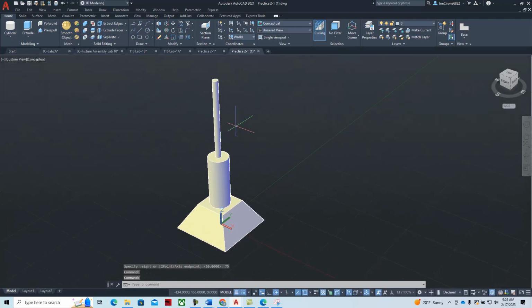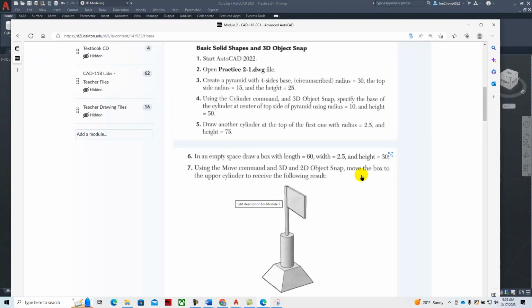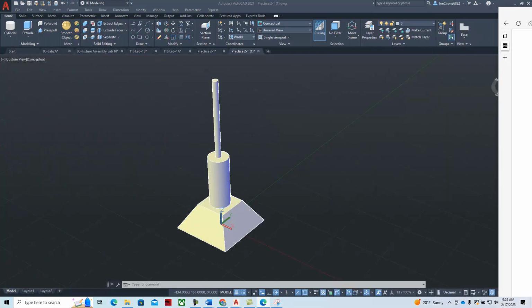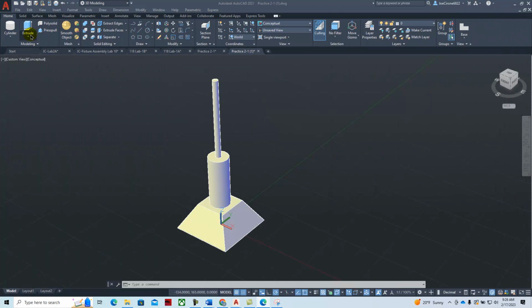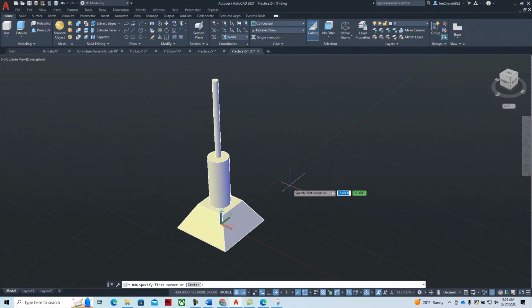And then finally, we're going to create the geometry for the solid box. And that is going to be 60 by 2.5 by 30 with respect to length, width, and height. And those inputs will just be prompted as you go through. So you can go here to the primitive for box, bring it down on the screen, click the starting point,